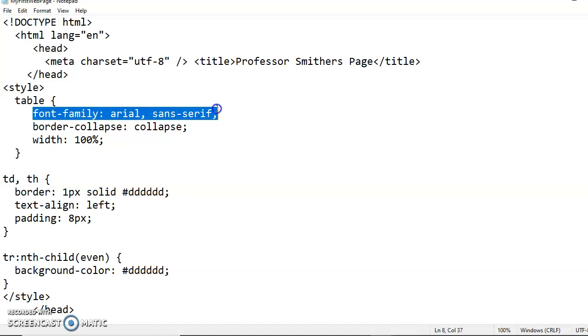Inside the table, this is just telling you what font I'm going to use. Okay, this is styling the border. So as you can see,